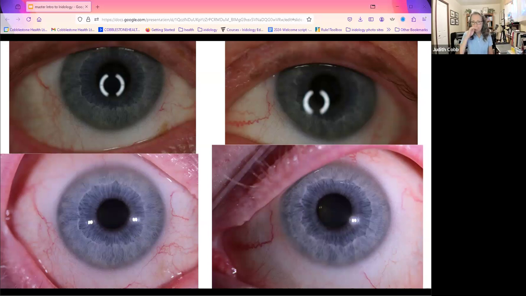I suggested getting checked by an osteopath or a chiropractor, because I suspected he had a locked diaphragm, and he did get checked, and I was right. And the chiropractor was able to adjust that for him so the diaphragm could move freely, which is also going to help with digestion and reduce reflux, right?